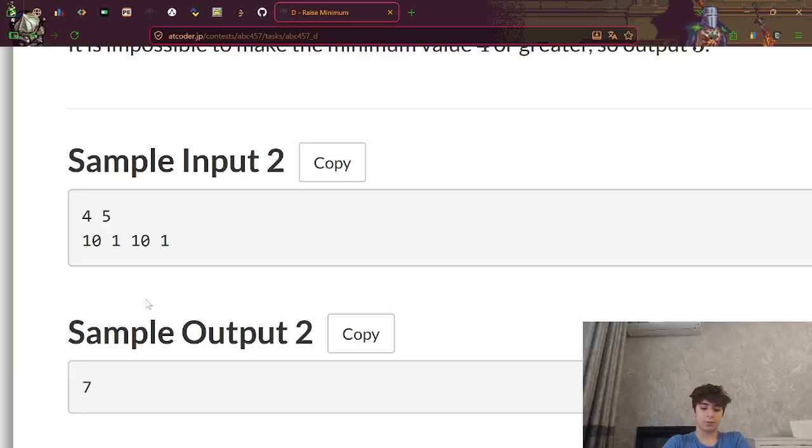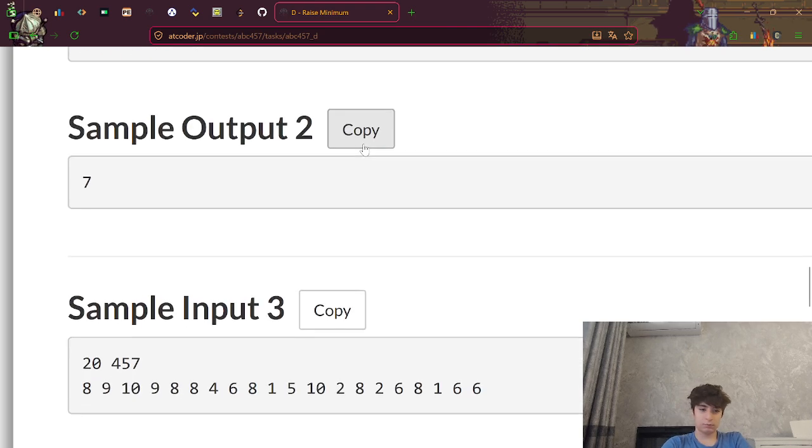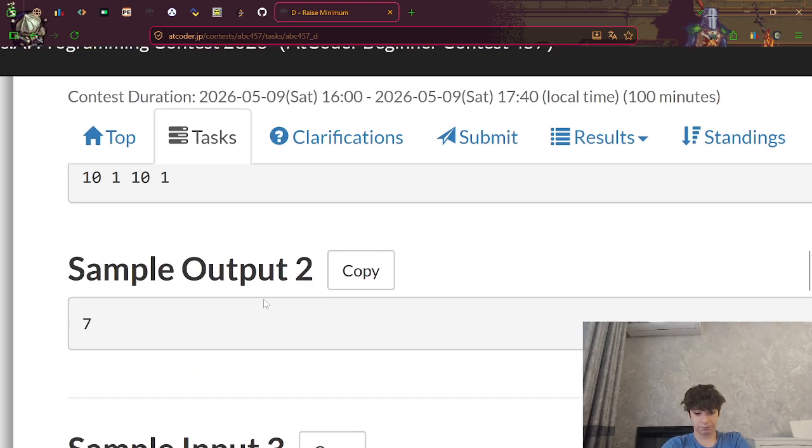If I start at 1 and 10, okay, let's make some type of arrays, like 1 2 3 4 5. What maximum could I do? For example, count of operation is going to be 3. My minimum is 1, and the best thing I could do is to increase 2 for increasing 1.